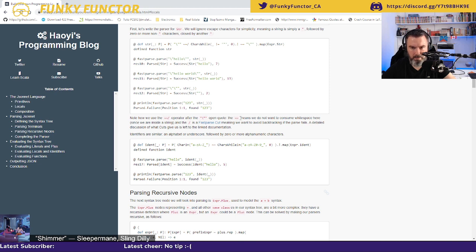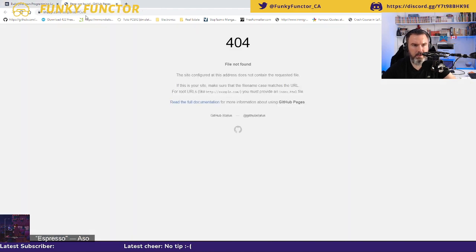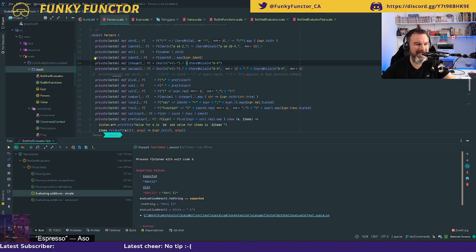The tilde tilde means we do not want to consume white space here, since we're inside a string, and the forward slash is a fast path cut, meaning we want to avoid backtracking if the parse fails. Okay, let's have a look at that. It might just be what we need. Let's try to use a forward slash n.